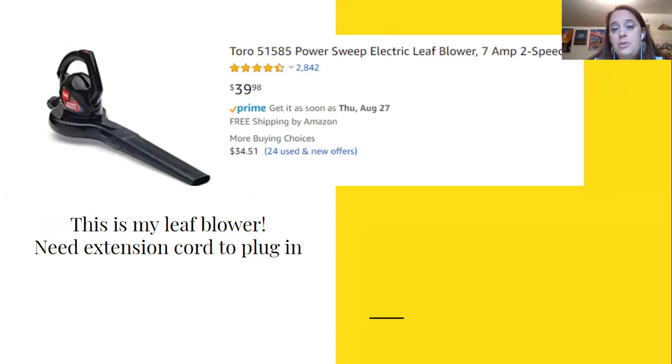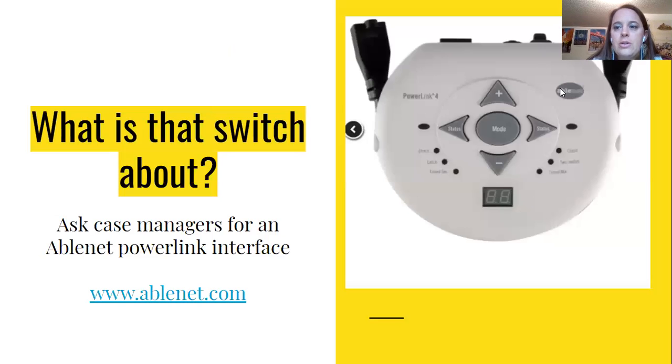But you would also need an extension cord, probably 2 extension cords to plug into the wall. So let's go ahead and talk about the switch. So this is the AbleNet PowerLink interface. And I love this one because once you get the power source, let's say you have the leaf blower plugged in here,